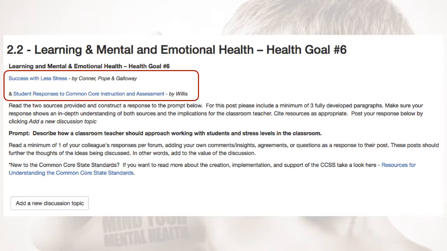Share your personal experiences if you have one. If you don't, you can stick to a student's perspective, or you can just write it from your own perspective. Now, if you're not familiar with the Common Core standards, go ahead and educate yourself on what Common Core standards actually are.